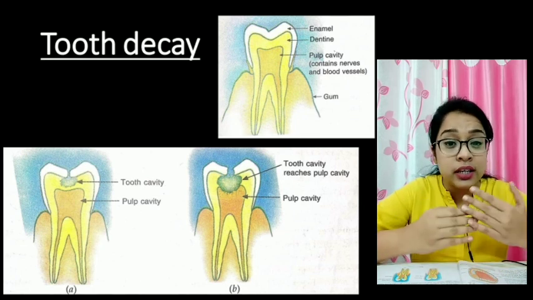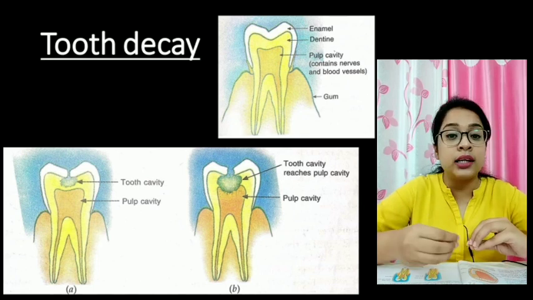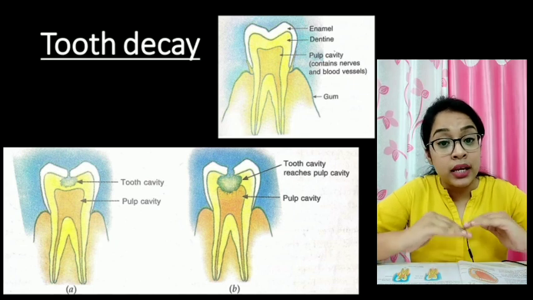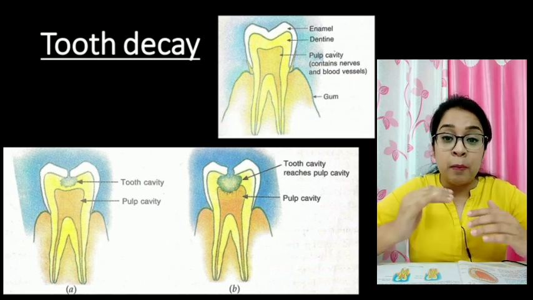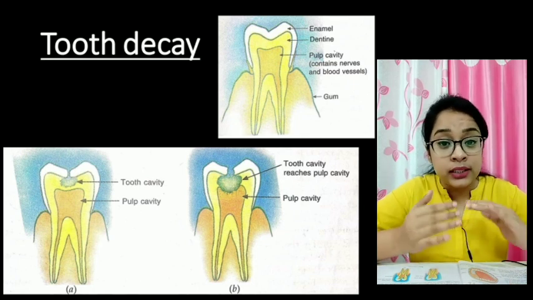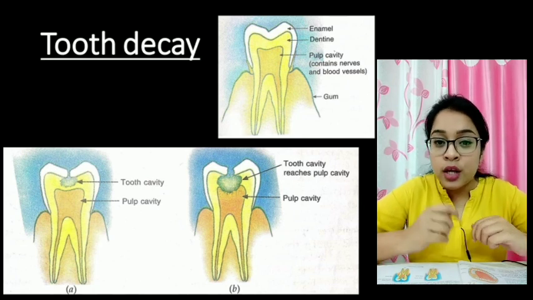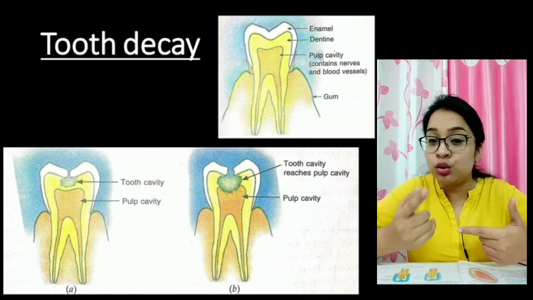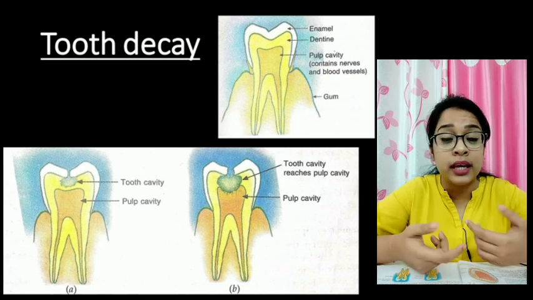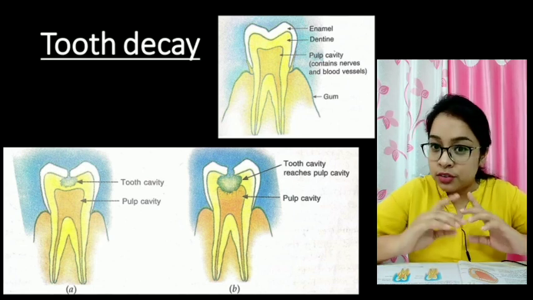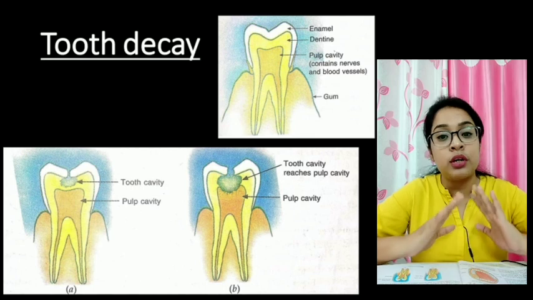And generally it increases in size, because if there is a cavity, again the food will be attached there, and again the bacteria will produce some acid and it will corrode the teeth more and more. And once it reaches the pulp cavity, then it is exposed to the arteries, veins and nerves. Then you have toothache. Then you need to go to the doctor. Then they may do a simple filling, or you may need a root canal, or they may take out the tooth, and it's really very painful.